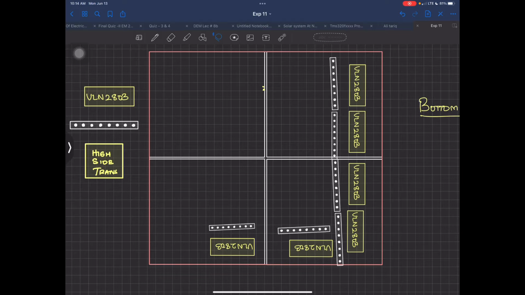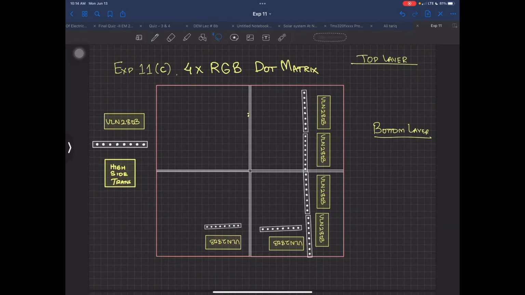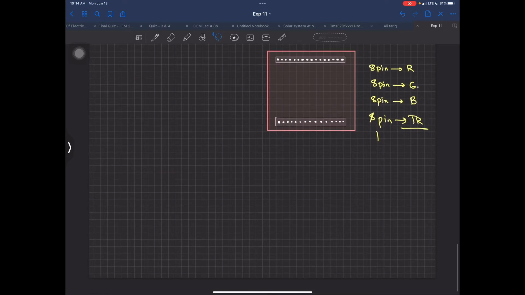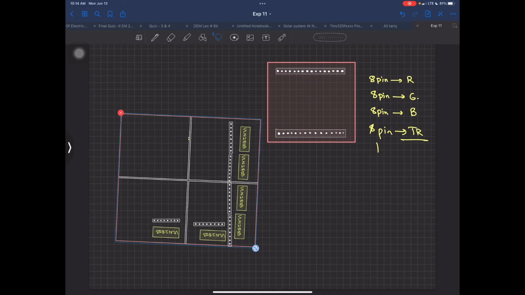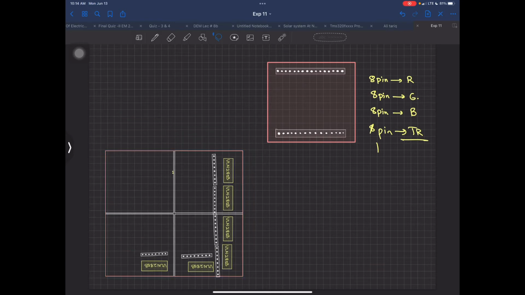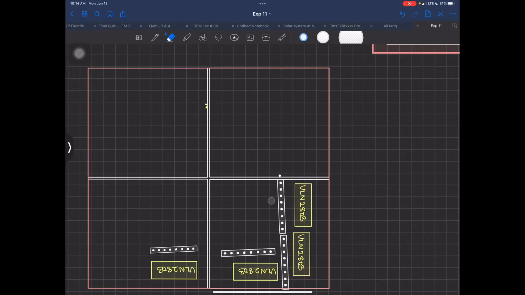16. Why? Because over here in this whole structure, if I have this structure supposedly just like the previous experiment, please everyone, recording does not mean that I am going to give everything and you can understand everything. So if this is that yellow RGB dot matrix, and for example, if I erase everything from this one,